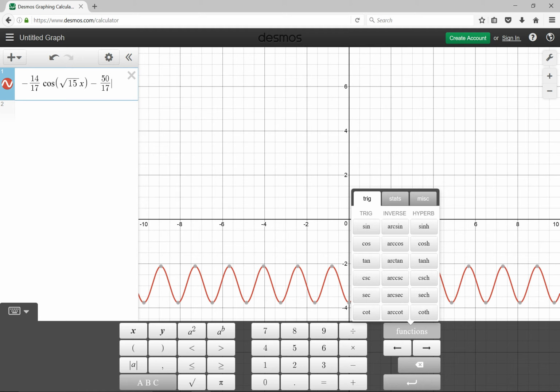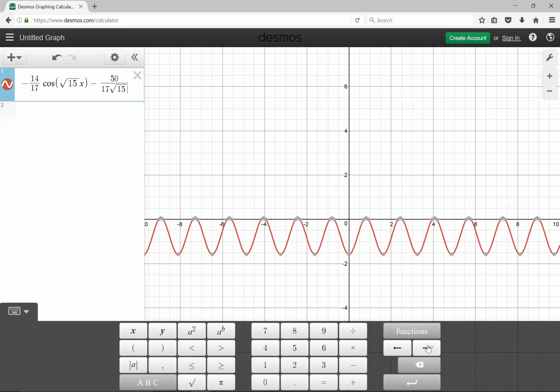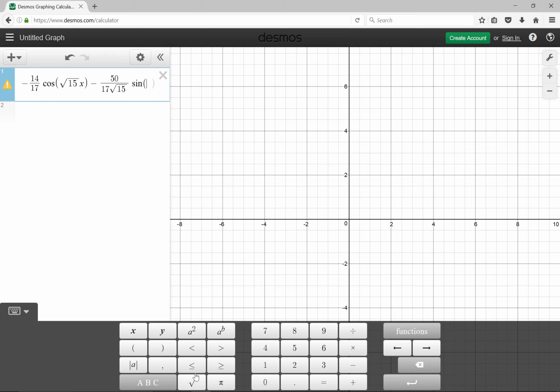Oops, I forgot my square root of 15 in the basement down there. I'm not sure I wrote that on the previous page. We have to make sure we get that figured out though. Sine square root of 15